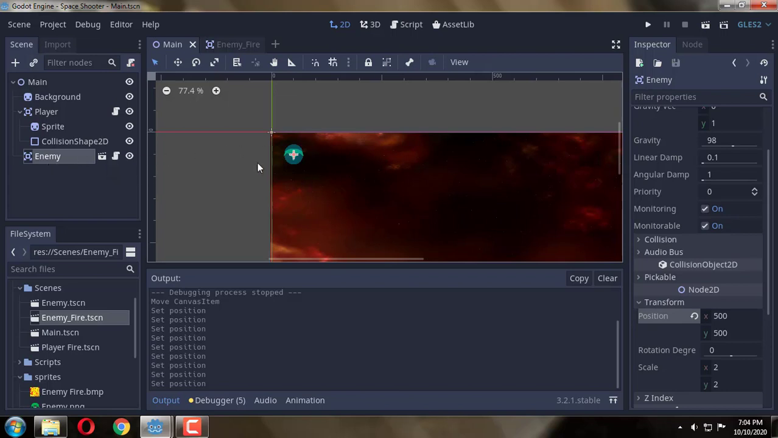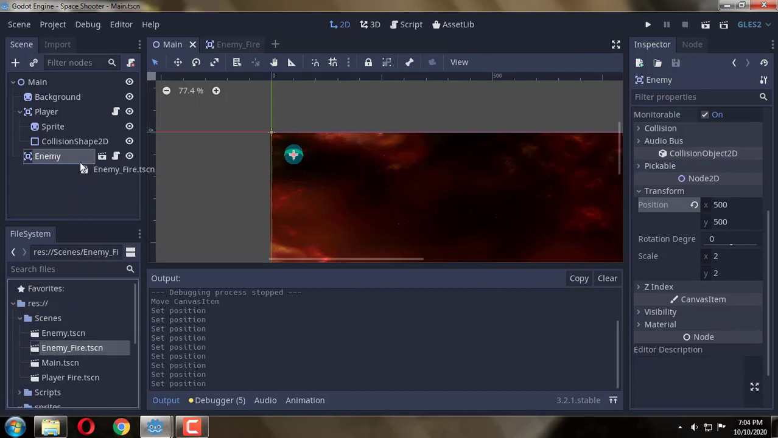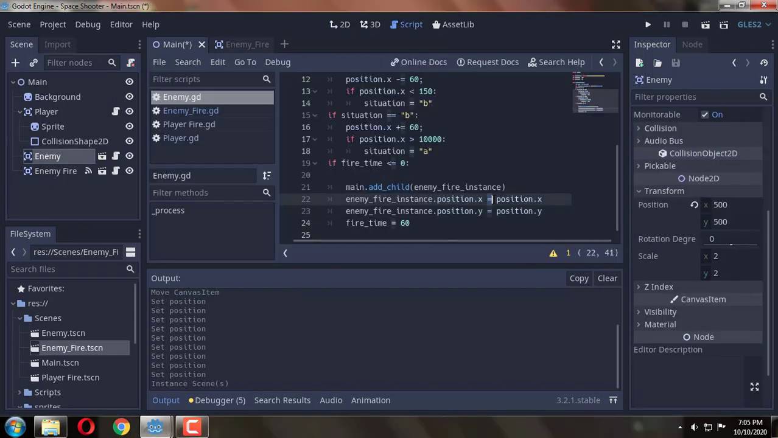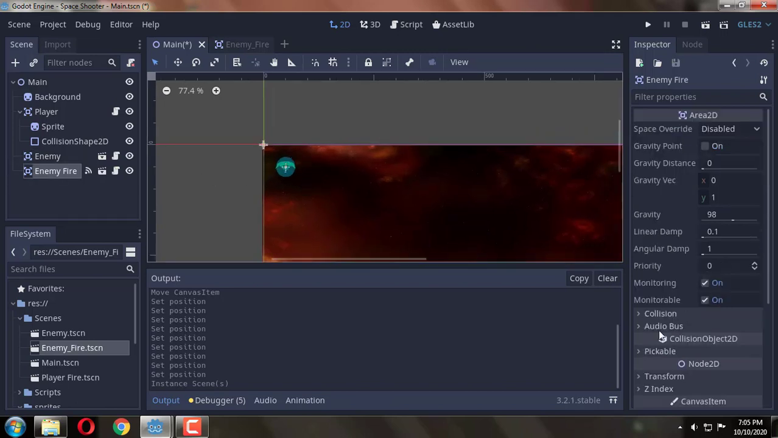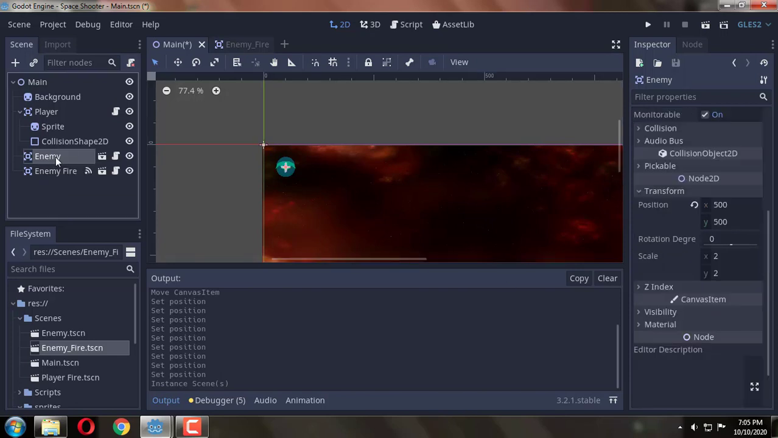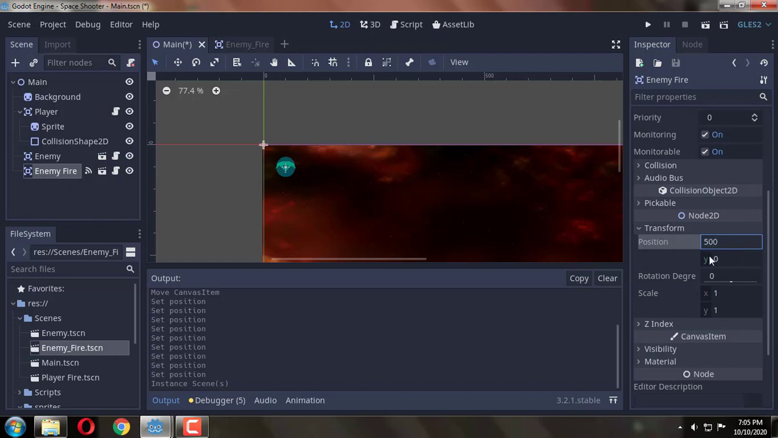Okay, I remember what I wanted to say. I also need to say that the position x of the enemy fire gets the same value as the position x of the enemy ship. And right here, if you set the enemy fire's position x and y to the enemy ship's position x and y, which are 500, if you put these 500s to the enemy fire,